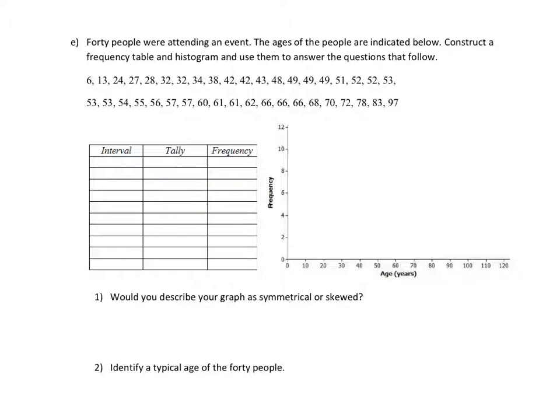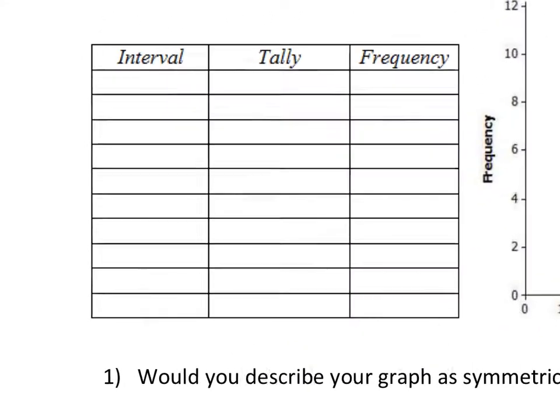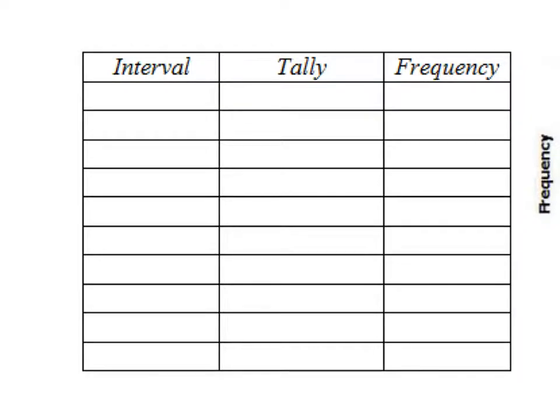When you're creating intervals, it is very important that you do not repeat the numbers. So let me explain. Let's do our first interval from 0 to 9. So we have 0 to 9. Now remember, 0 to 9 is 10 digits, okay? You have 1 through 9, which is 9, with the included 0, which makes 10. In our next interval, we can't start at 9. We have to start at 10. If we start at 9, then when we get a value that is 9, we won't know which interval to put it in. So I'm going to go from 10 to 19,